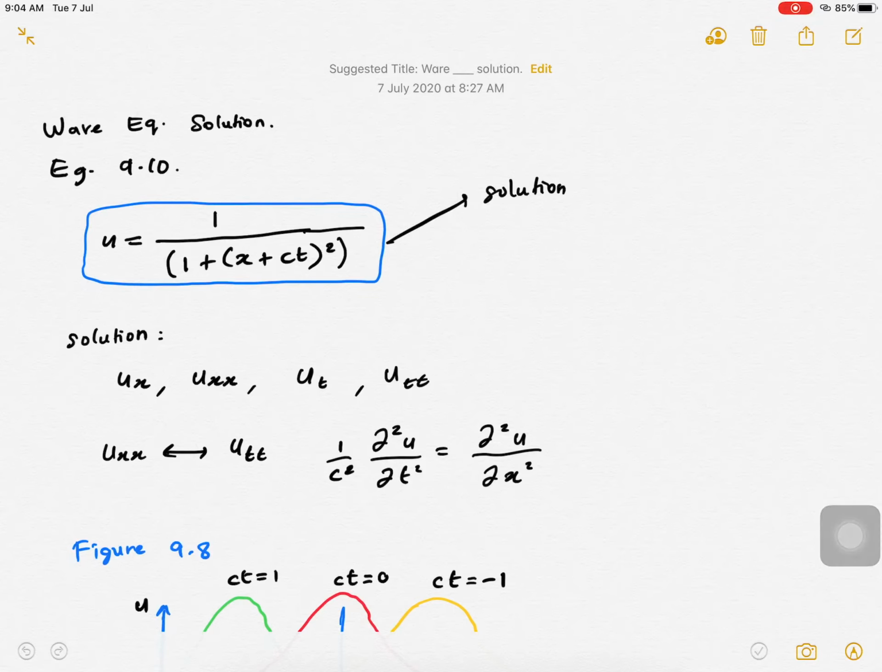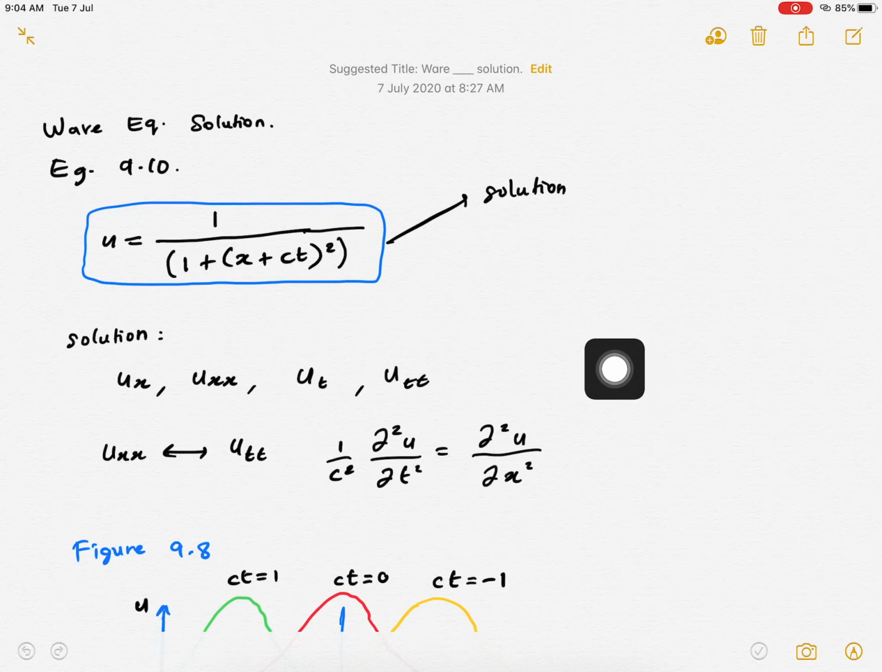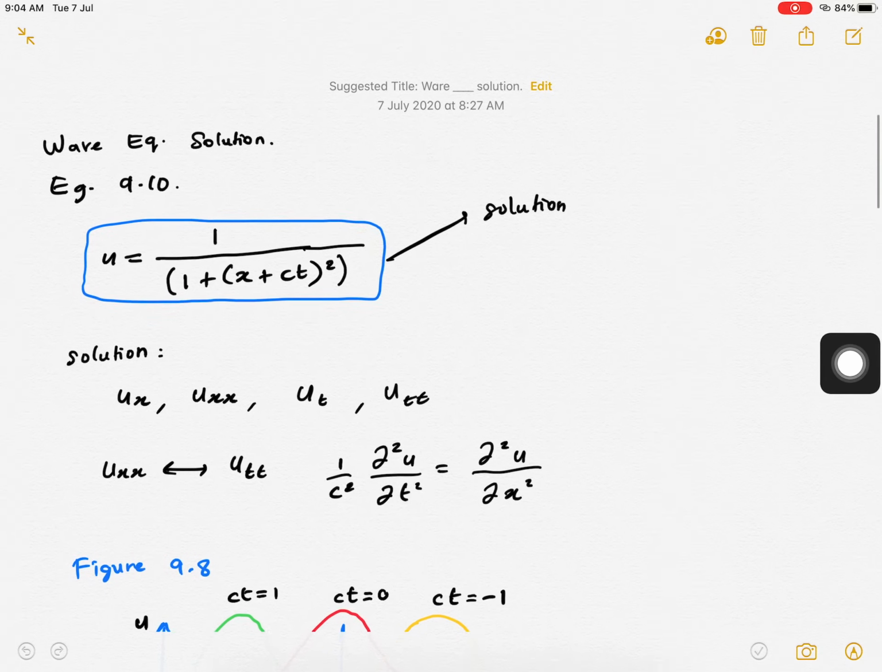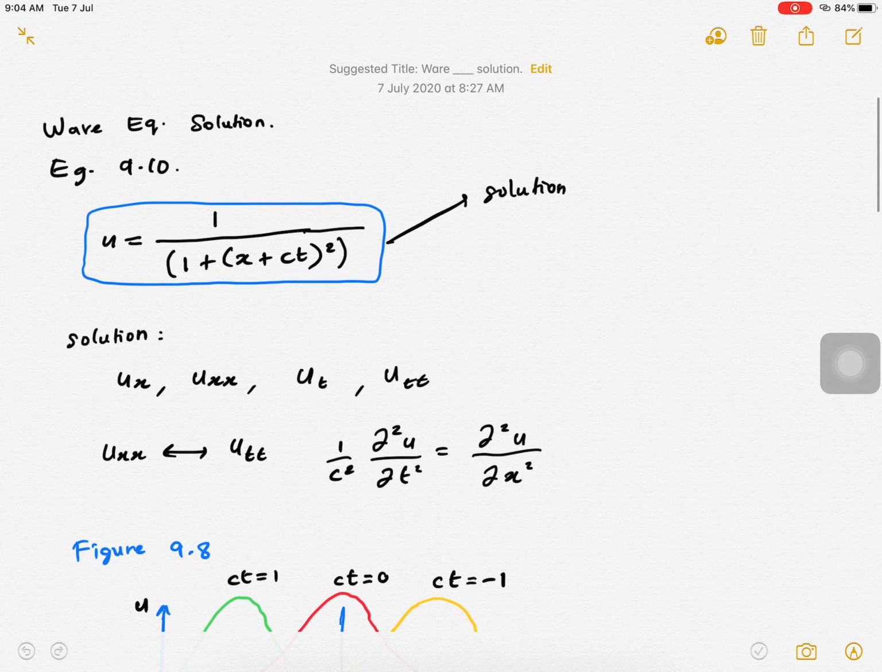Now we are going to learn how to solve the wave equation. The wave equation is one of the PDEs, partial differential equations. Now we can try example 9.10. Sorry. 9.10 is actually similar to the previous lecture, which is